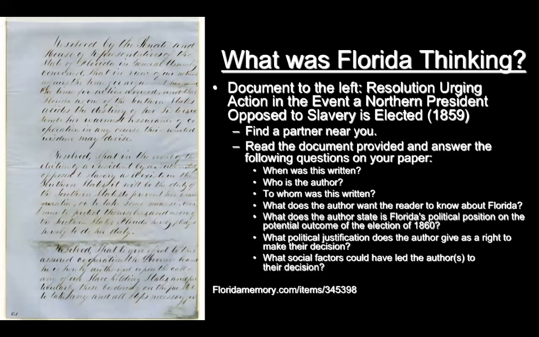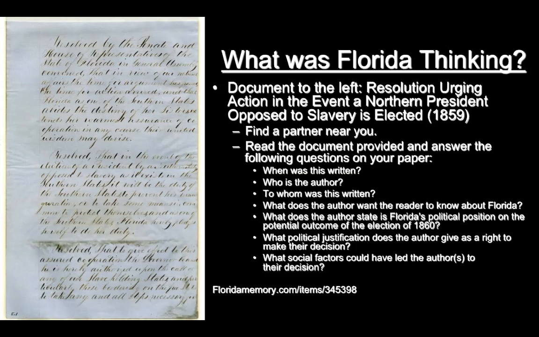If we were in class, we would do this activity, but I am going to tell you a little story about this document. Florida was one of those southern states that said, if a northern president is elected, Florida will secede. And this document here is written to other governors throughout the South, saying basically we're all in this together and we are going to support you. So Florida, in this time period, they are all for supporting slavery. They're all for supporting secession, standing hand in hand with everyone,